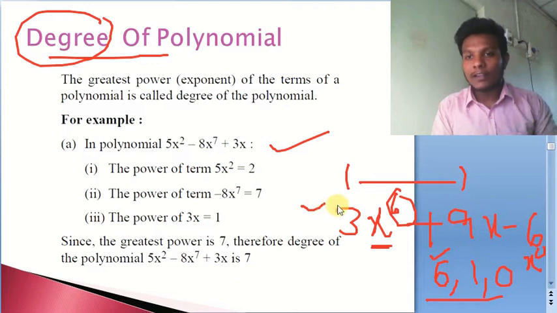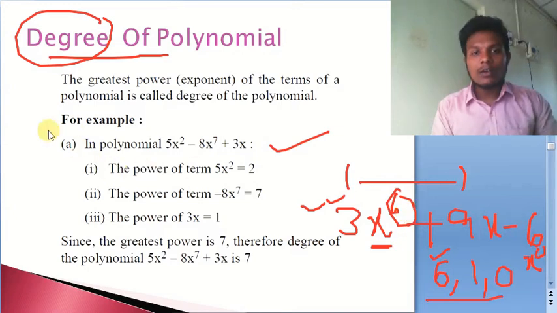First of all, it has to be a polynomial. So it is a polynomial. Why? Because the powers are whole numbers here strictly. All the variables, whatever they are, have whole numbers as the powers. That means the exponents. In this case, I can say 6, 1, 0. These are the exponents that are involved in this particular expression. Out of these, 6 is the highest, that means the largest among all these three. So that is why it is going to be a 6th degree polynomial. That is what we can say.